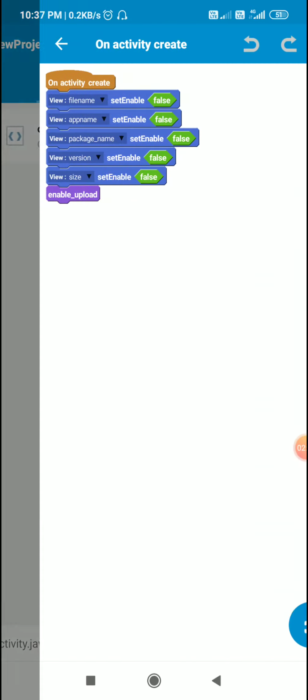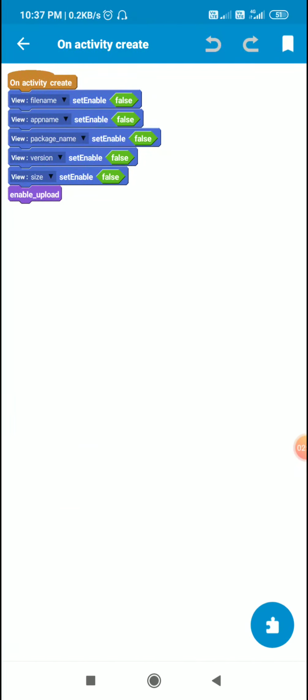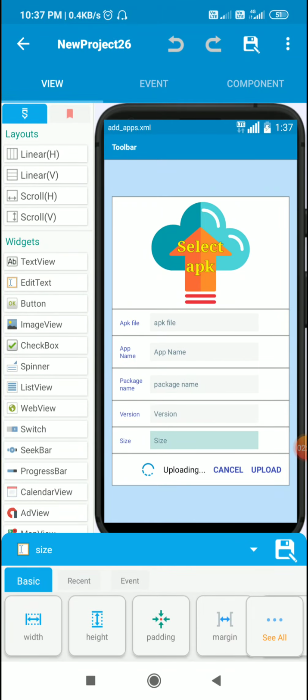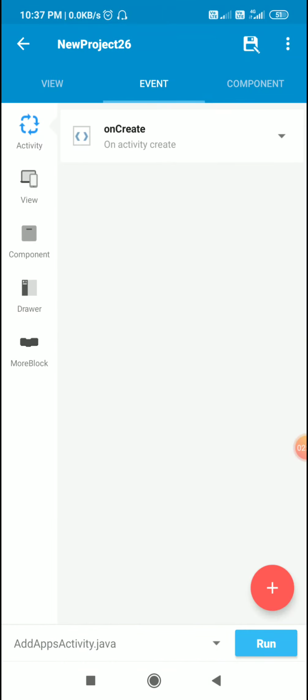Now in onCreate, I make all the edit text enable false. So this means that user cannot edit any of these edit text. All these are set enable false. After that, I use this more block enable upload.